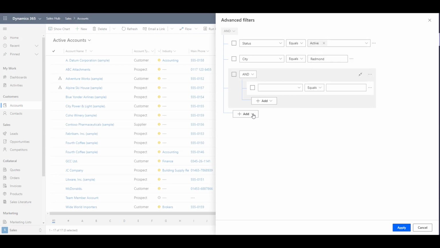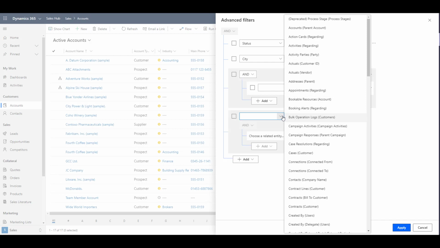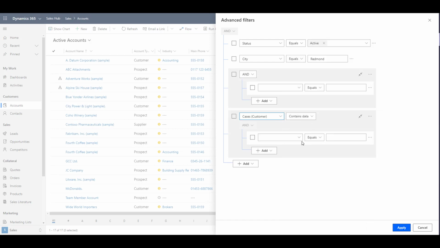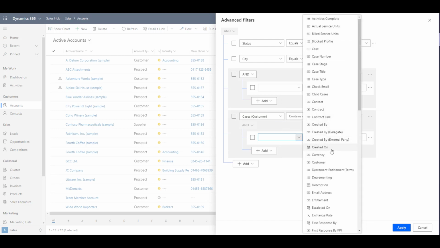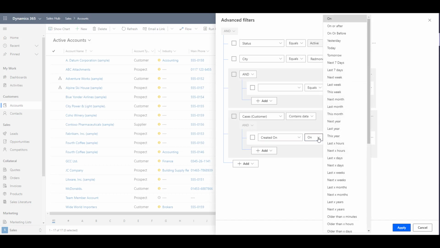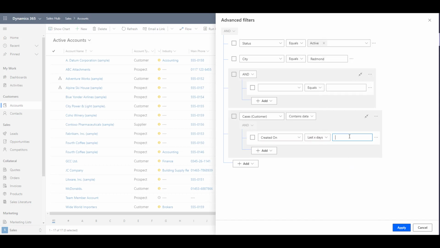Or we can come down and we can add a related entity. So this would perhaps be looking at all the other related entities to account. So maybe an account that has cases raised in the last few months or something along those lines. So we're looking at the last X number of days, so any account that has a case raised in the last 7 days, etc. You would then apply your view down here,